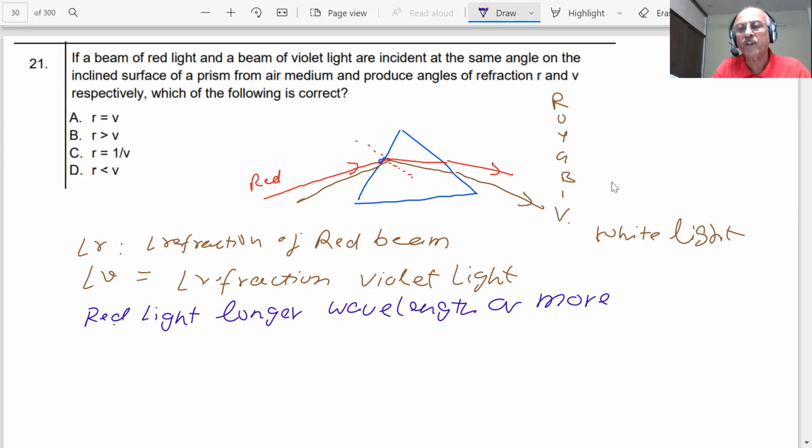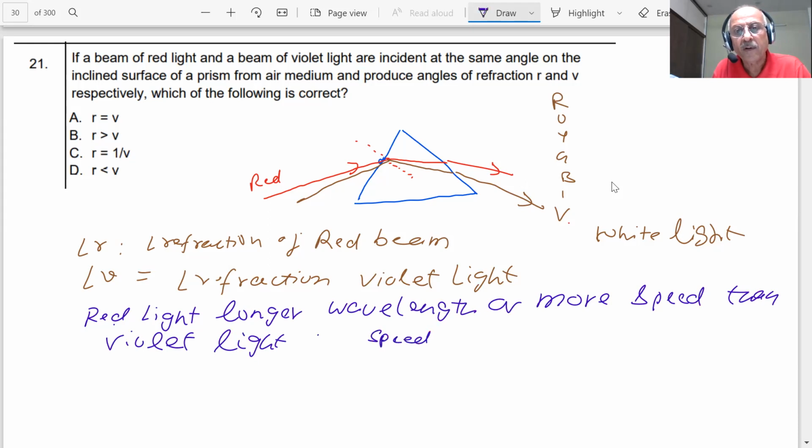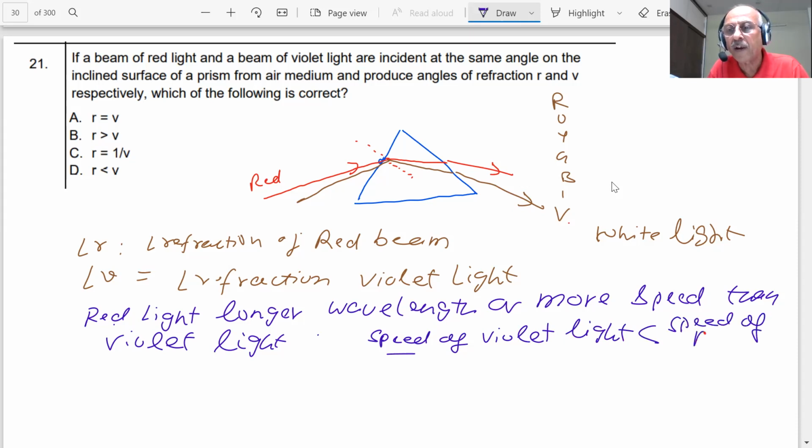It travels with a greater speed than violet light. The wavelength of violet is less, and the speed of violet is also less. The speed of violet light is less than the speed of red light,